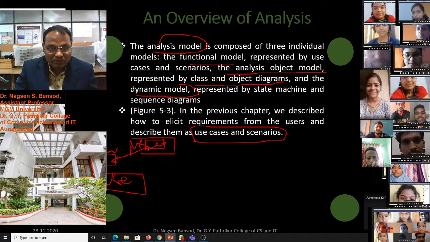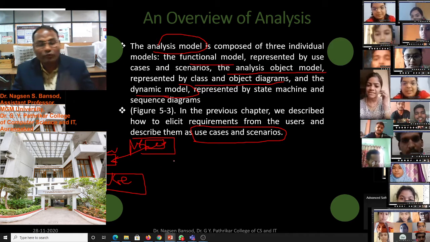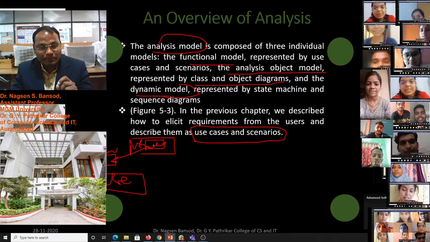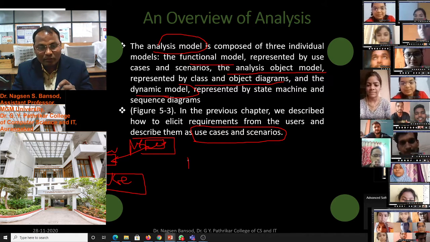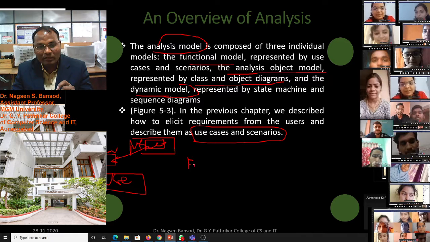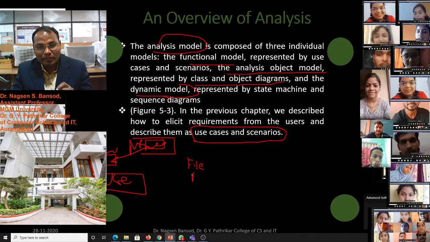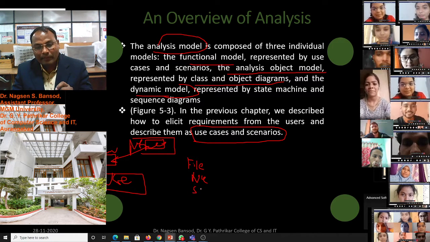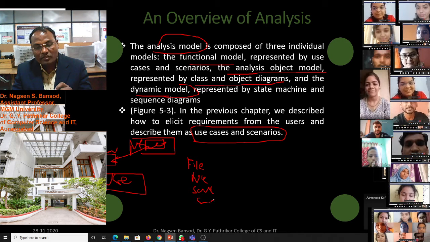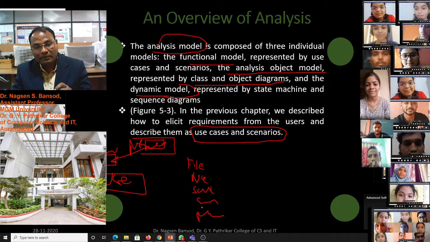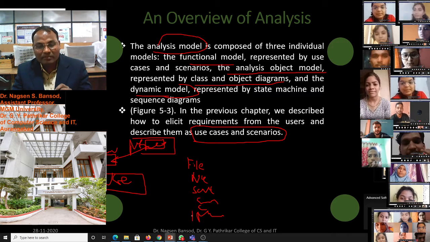How will this software design be? Where is this print button? First, we know in every software in the file menu there is a new button, after that save, then save as, and then print, edit, and like these buttons are there.